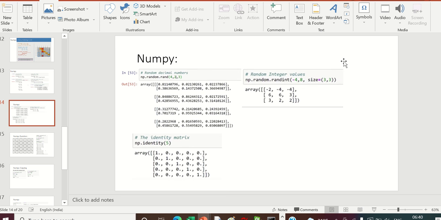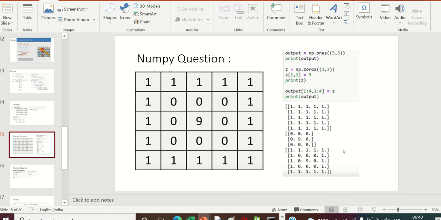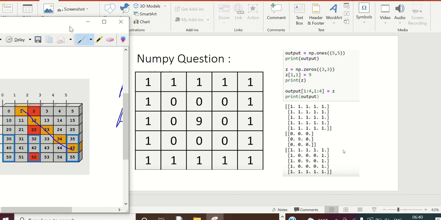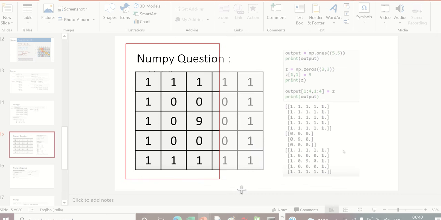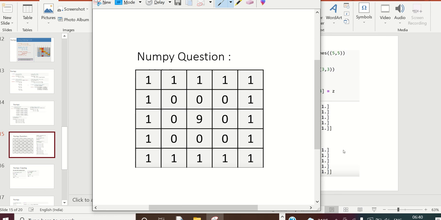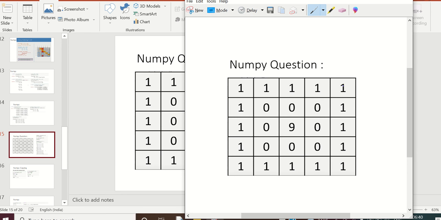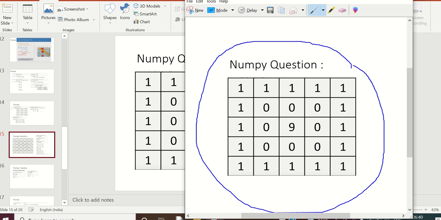Now one quick question. Today I will not ask, I will give you 1 minute time. Quickly you guys can see. Now with all the learnings which you have done, you have to generate this matrix, with all the previous commands.